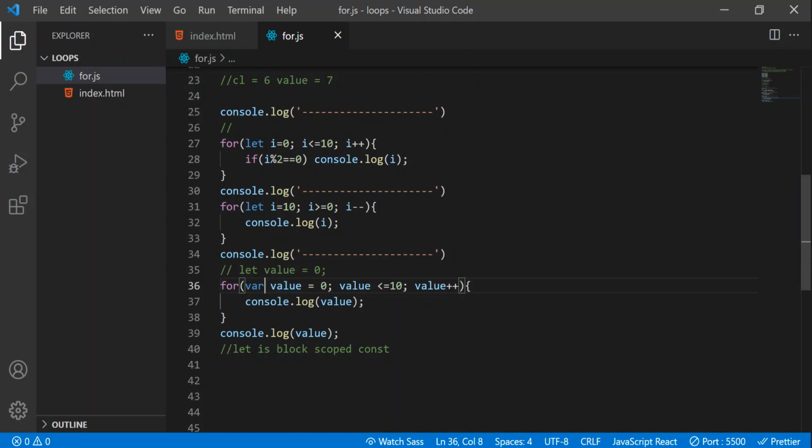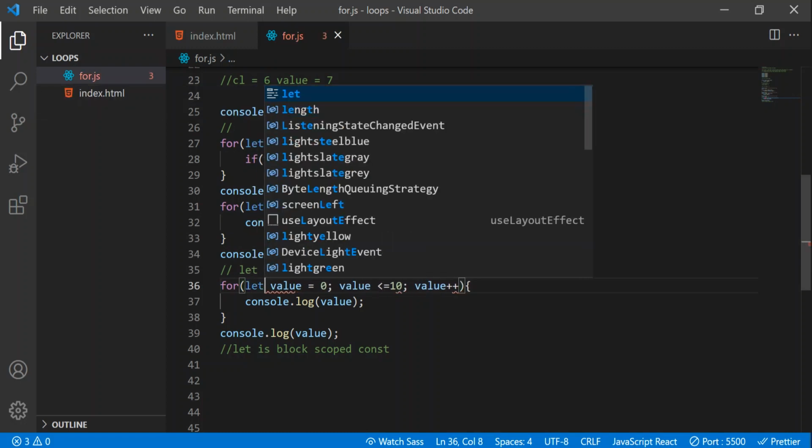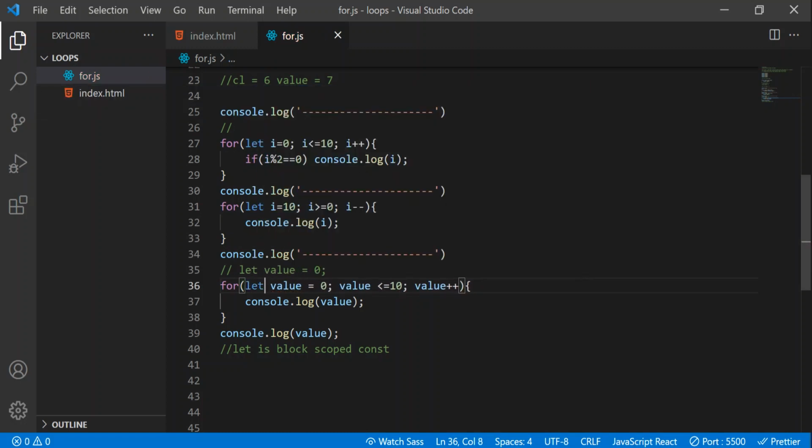And coming to let, it is block scoped. It's like a swimming pool. Not everyone in the village can go into someone's swimming pool and swim, right? It is restricted only to this block, to this scope. So that is why it's good practice to declare the value inside the for loop only. I hope you understand, and we'll discuss this scope in depth in later videos. That is not for this video, so I have explained it simply.